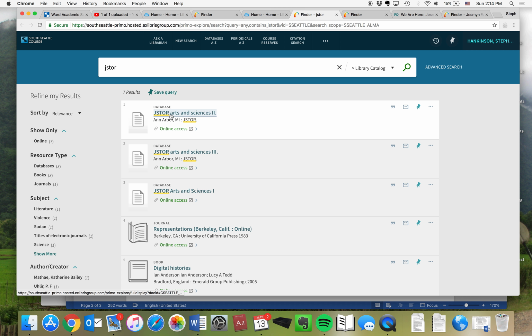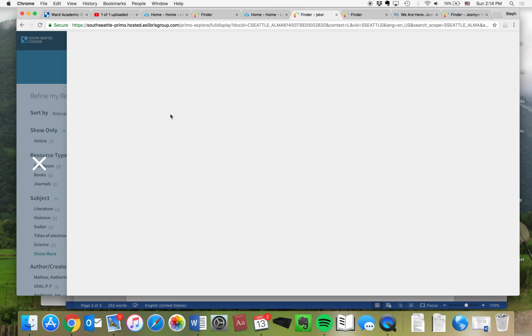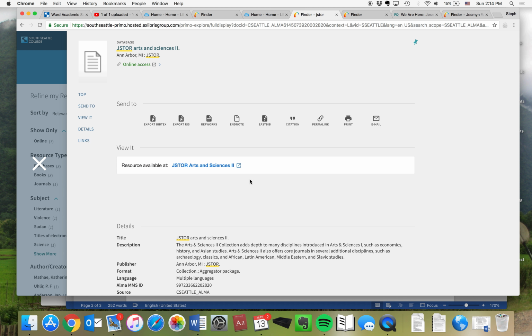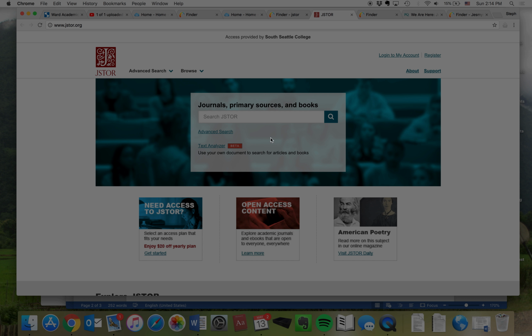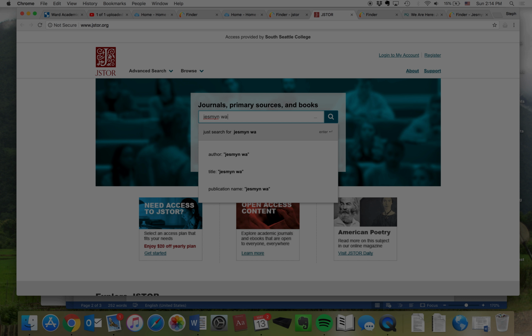Some of these links don't work. You kind of have to be strategic about putting it into all of the different searches to look. So we can get into the journal from here, and it should give us, again, access provided by South Seattle College, right? All right, so we're going to type in Jasmine Ward,